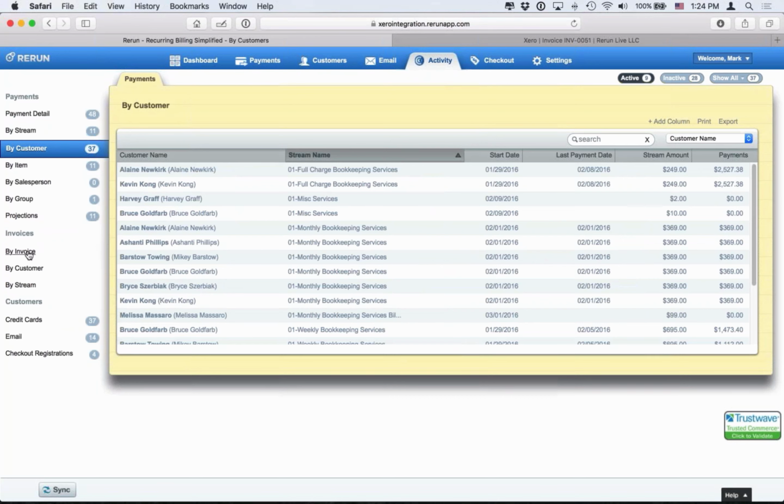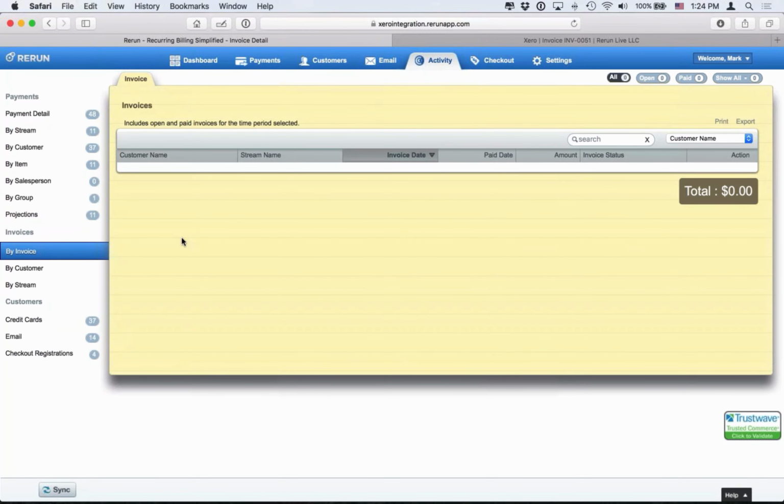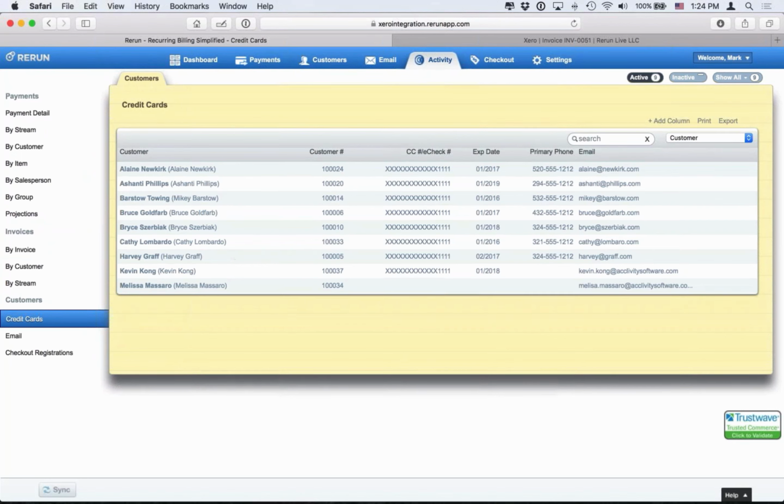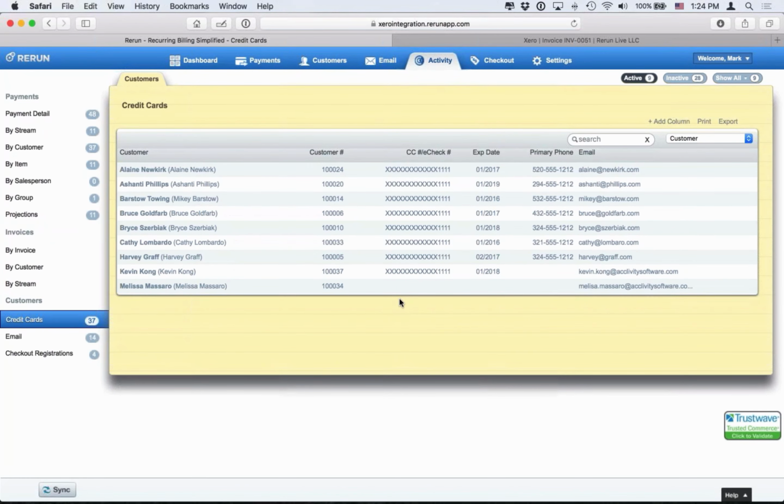In the middle of this window, I can look to see all of my open invoices that I've sent out. So in my example, because I just set up an invoicing payment stream, we're not going to see anything here for this one. But as invoices get generated, obviously, we'll start to see invoices in this section. I can also look to see what credit cards I've got. And of course, as Melissa mentioned, all that stuff is being protected. So you'll only ever see the last 4 numbers because of the tokenization system we use. And I can also look to see who I have email addresses for.